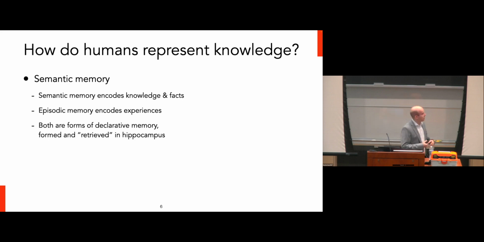Well, we know that general knowledge, such as facts, is organized by what we typically call semantic memory, which is specifically related to being able to remember pieces of information such as factual information. And this is in contrast to what we call episodic memory, which we typically use to remember events and experiences that we've had over the course of our lives. Practically, though, what's interesting is that both of these memories behave quite similarly in how they're encoded in the brain. So they're typically both classified into another class of memory that we call declarative memory, which is defined as all sorts of memories that involve the conscious recollection of information.